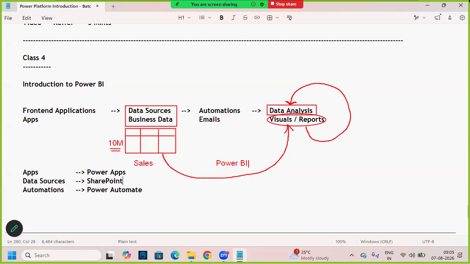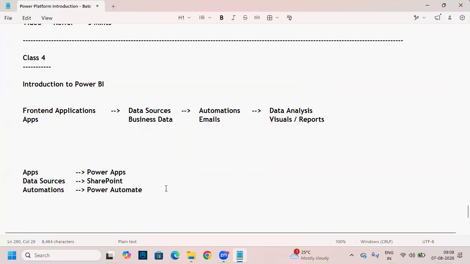So using Power BI, how to create the visuals or reports, and by seeing the visuals or reports, how we'll analyze the data, we'll understand in today's class, guys, right? Fine, okay. So to perform this data analysis process,